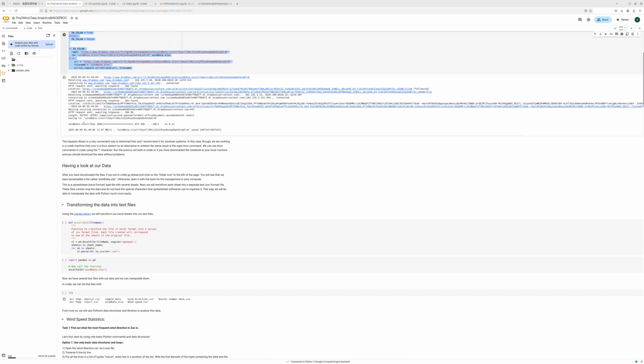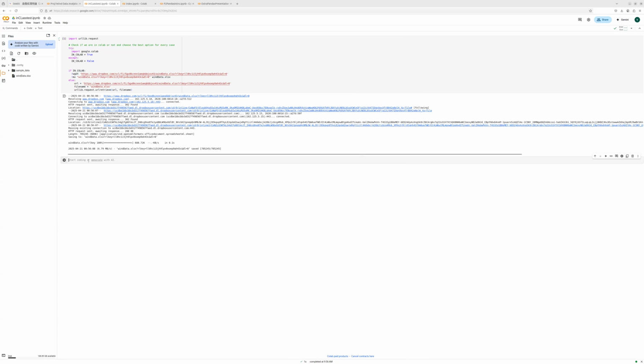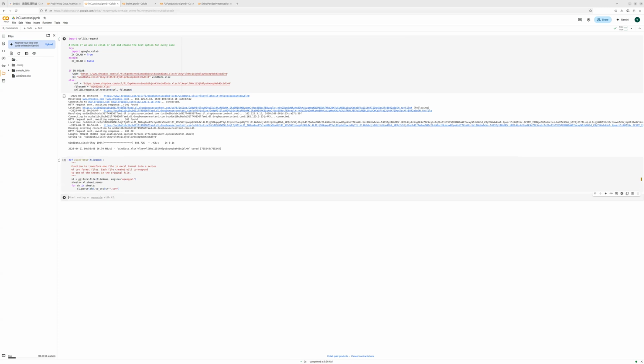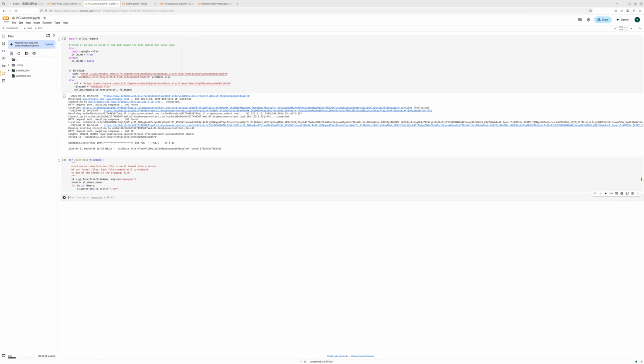Now I have this one file in my machine and I want to convert it to something that I can use. So I have already given you something that takes the different pages in one spreadsheet and converts each of them into a CSV file. Okay, and I'm just going to call this function. This has all been done before. So now I have taken one Excel file that, if you download it, you can see. Actually, I can do that for you here in a second. Those files that I have downloaded to my computer, I'm opening them now